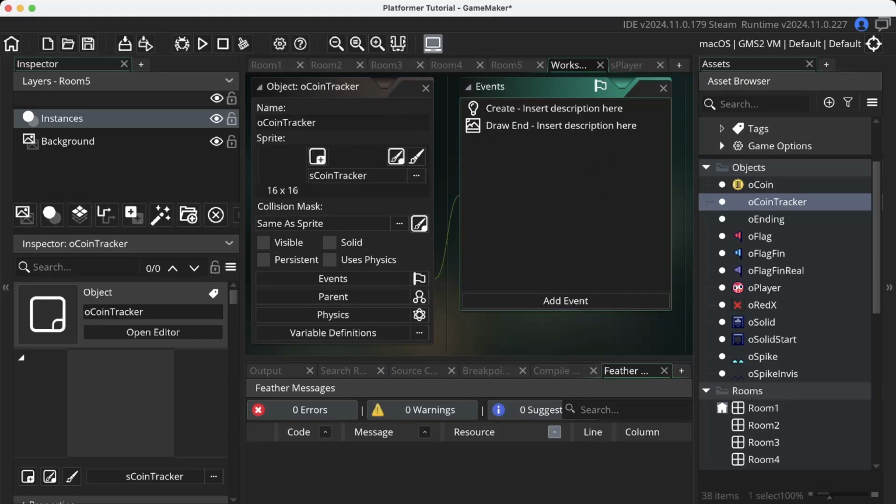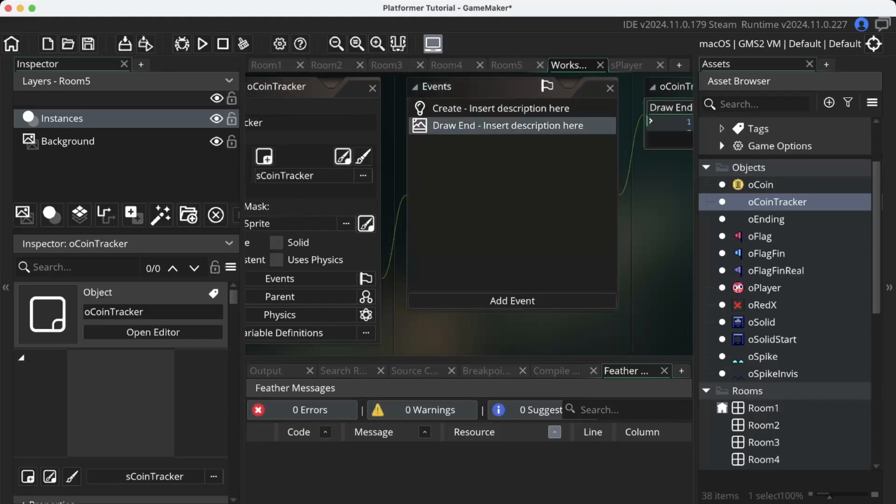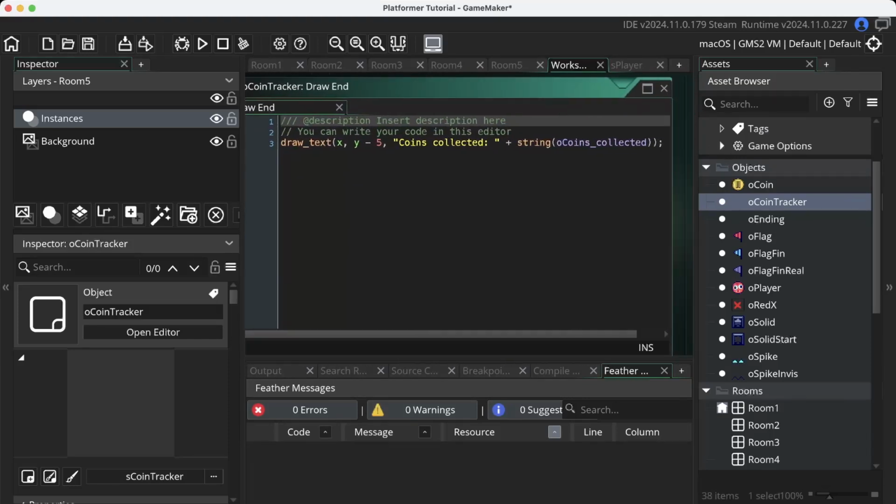And you can see here in the coin counter that when I was debugging this, I actually did in fact make it draw text and tell me how many coins have been collected, because what I wanted to test was how to stop the coins from counting infinitely, right? So if you died and the room reset, the coin reset, and then you could just get the same coin over and over and increment the counter that way. And I didn't want that, because I wanted it to be that if you got every coin, then it took you to a secret level, and that's how you actually beat the game. So I was using this to test the tracking purposes until I found